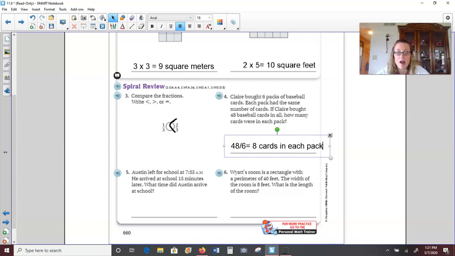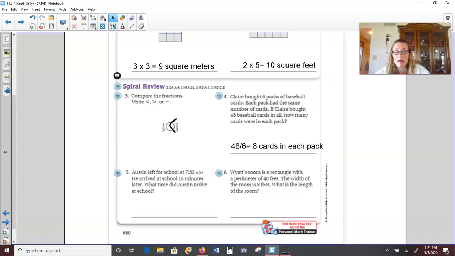Number 5, Austin left for school at 7:35 a.m. He arrived at school 15 minutes later. What time did he get to school? So we're at 7:35. We want to add 15 more minutes. So remember, on a clock, 35 minutes would be down, the minute hand would be down at the 7. And,